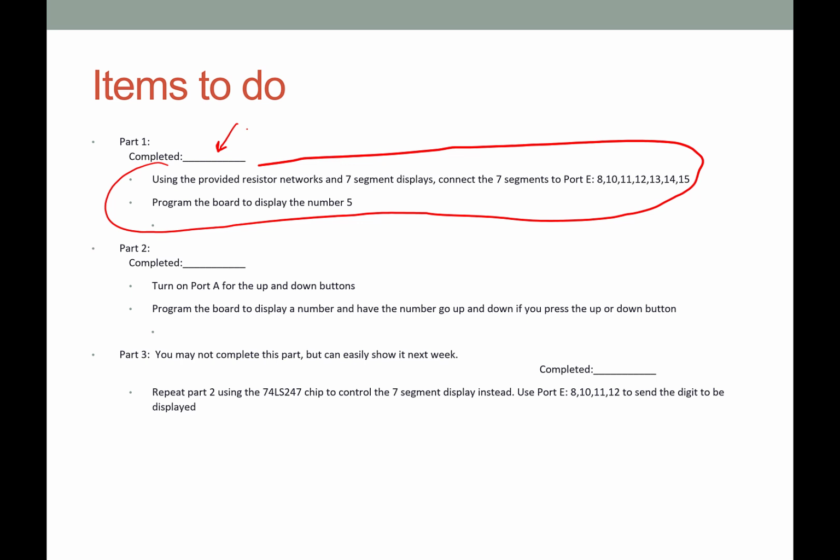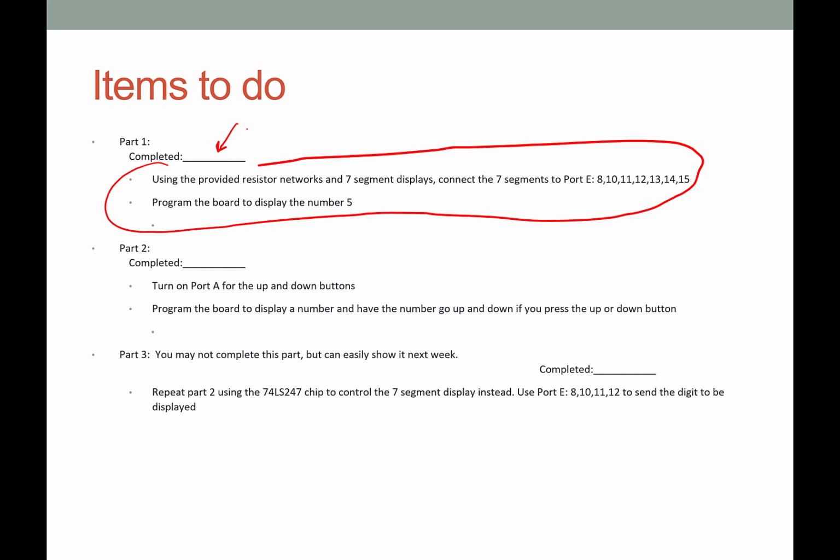And then if you press the up button on the joystick, which is controlled by port A, and again it has to be configured appropriately. If you press up, it'll count from 5 to 6, 6 to 7, 7 to 8, each consecutive push. If you press down, let's say it started at 5, it'll count to 4, count to 3. You can assume that you're not going to have to get lower than 0 and higher than 9 or anything like that. It doesn't have to be that complicated,